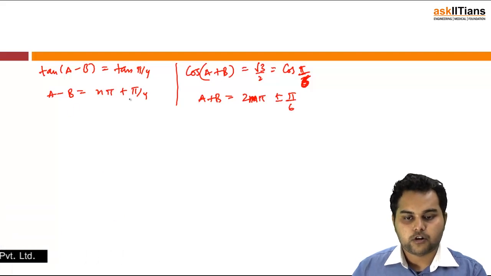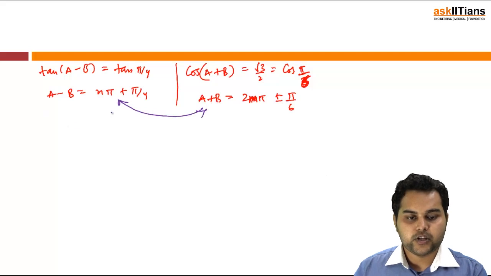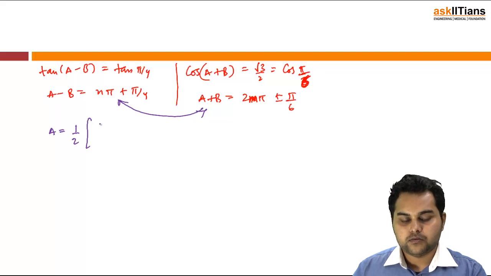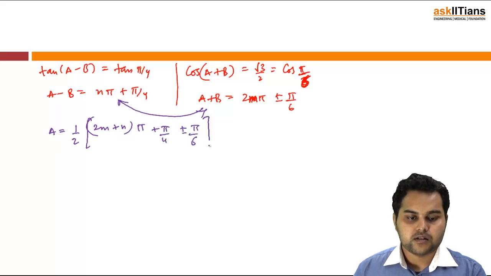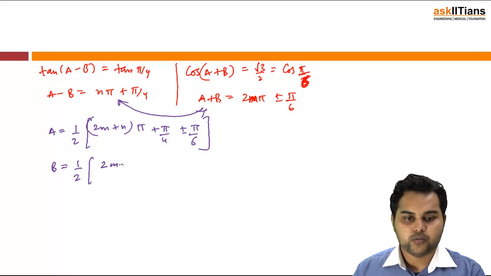Next is, if I solve these two, adding these two would give me 2a, then a would be 1 by 2 times the sum, that would be (2m plus n) times pi plus pi by 4 plus minus pi by 6, and subtracting these two would give me b is equal to half of 2m minus n, that is the equation